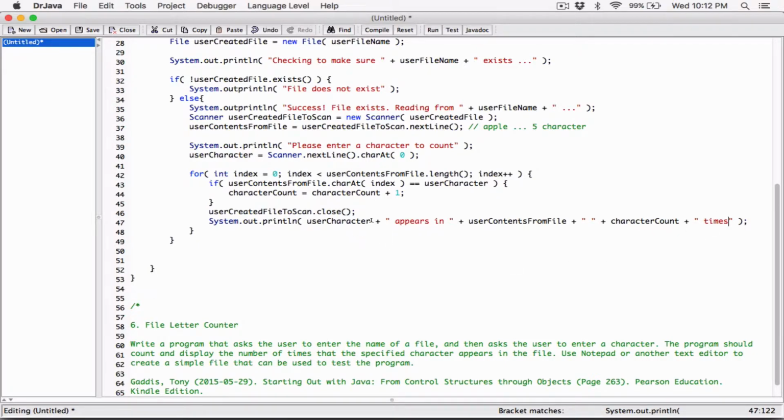So it's going to read something. If we type in an A, and the contents was apple... If we typed in, let's say, the letter P over here, and we typed in apple over here, because P appears in apple twice, it's going to say P appears in apple 2 times. Or let me just put parentheses around this so that it could be 1 time or 2 times. All right, so now